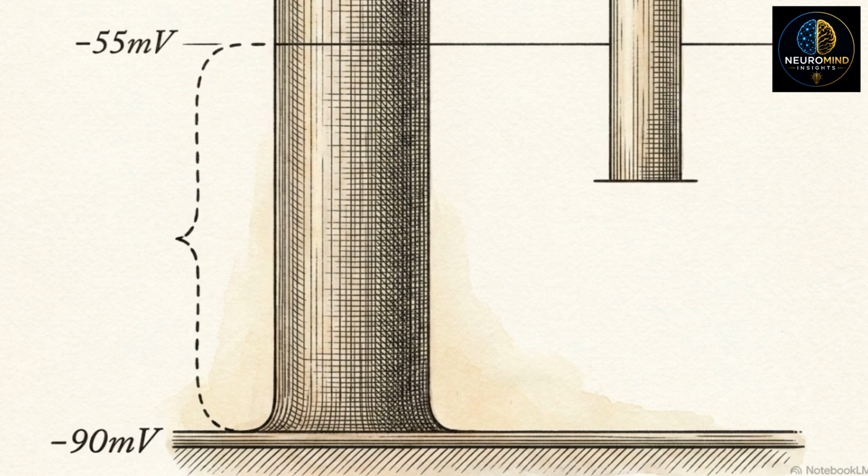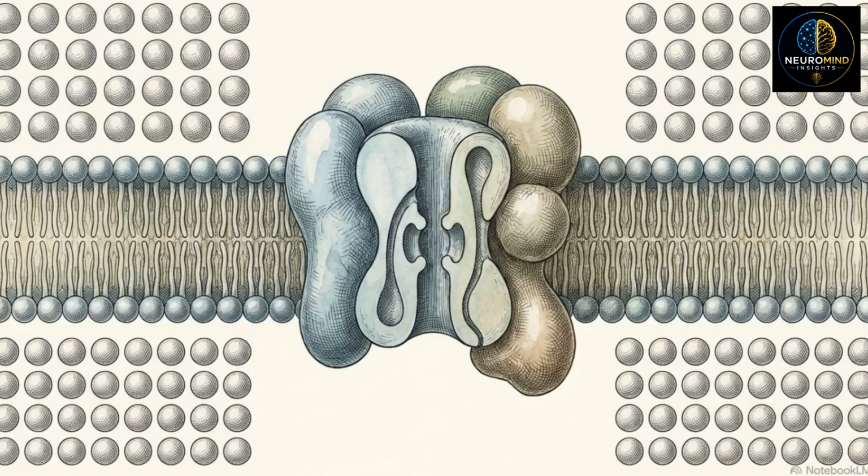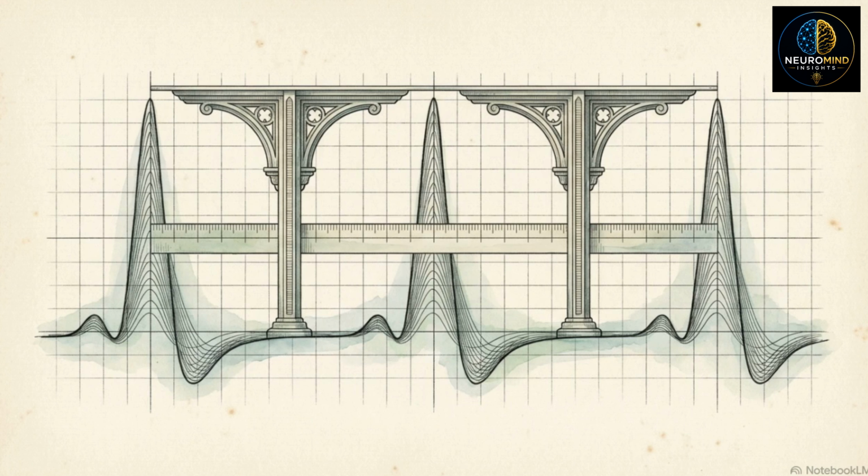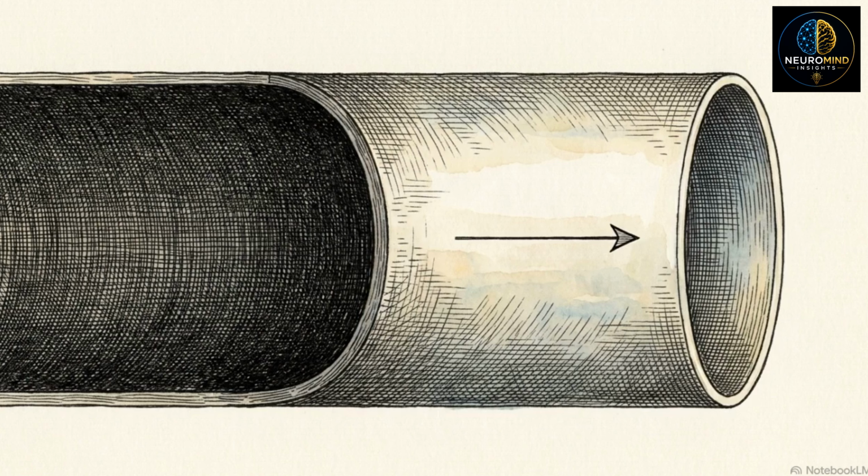The cell can fire again, but it requires a massive stimulus to bridge the 35 millivolt gap back to the -55 threshold. Behind all of this, the sodium-potassium pumps work to clean up the ion distribution, gradually pulling the voltage back to the -70 millivolt baseline to complete the cycle. The delayed opening and closing of these microscopic protein gates is what establishes a neuron's maximum firing speed. By locking the sodium channels temporarily, the cell ensures the electrical signal never travels backward.